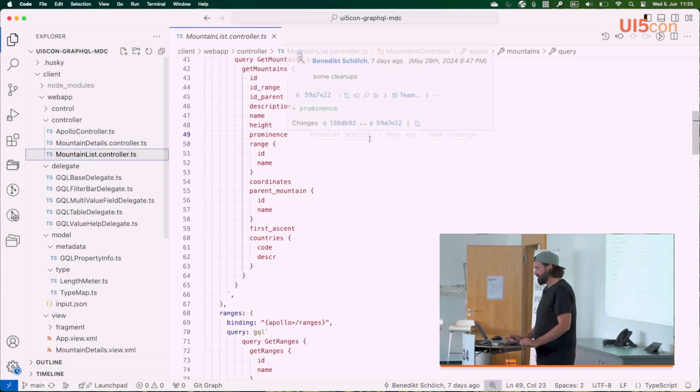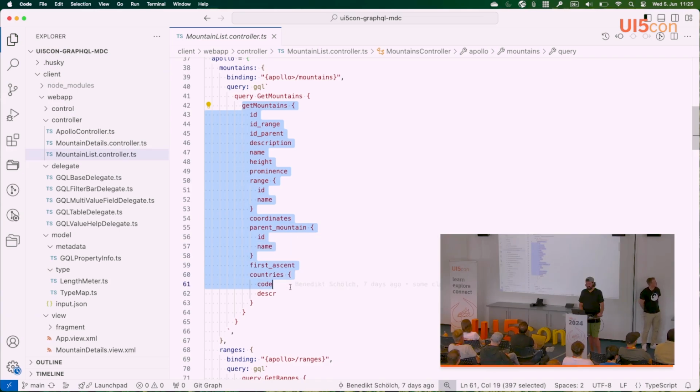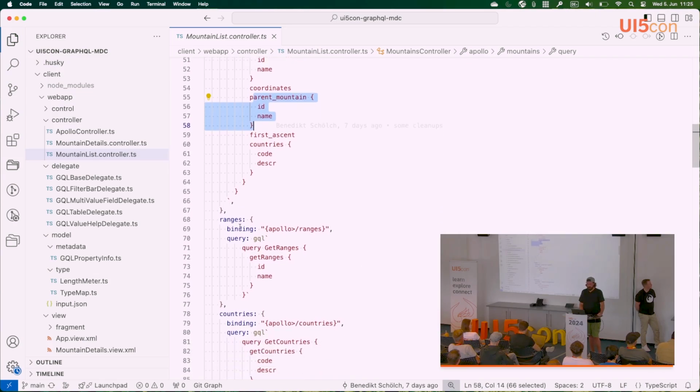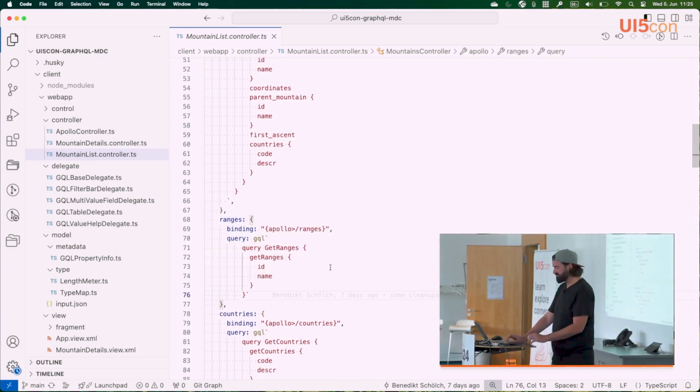Okay, back to our mountain list controller. We will see the first query here just tries to resolve a list of mountains with all or most of its available fields, and it will also query directly some of the nested objects, which can conveniently be done with the help of GraphQL and the resolvers we just saw. Besides the mountains itself, we also want to fetch the ranges and the countries to show them in our value lists,